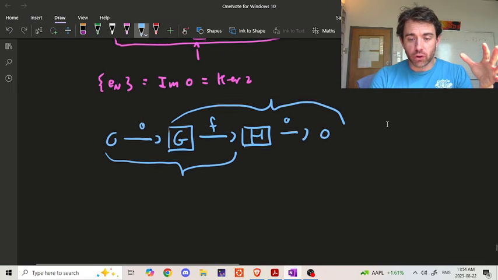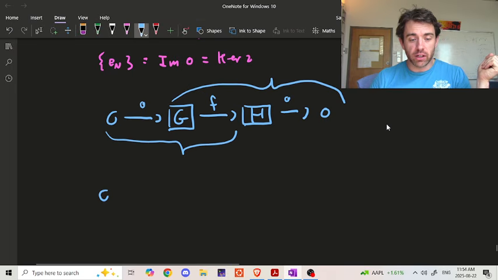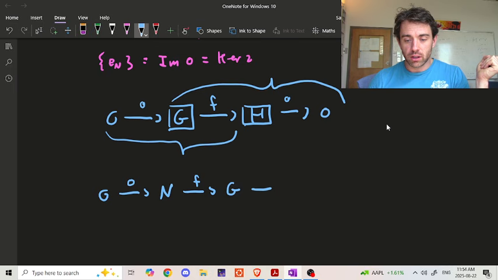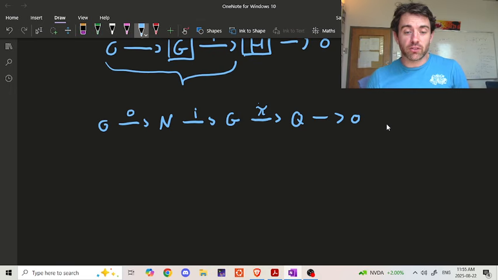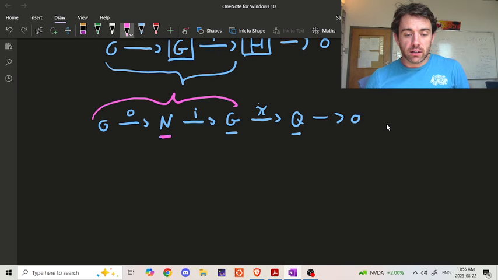I claim that this is equivalent to saying that there is a sequence of maps, so necessarily the zero map here, N, and we'll call this map F, into G, and G, maybe I'll call this map H. Perhaps I should call it I and pi, just to be somewhat consistent with the previous notation. So I and pi into Q. And now I claim that our previous definition is equivalent to saying that this sequence is exact in all three positions, right? So again, as we've already investigated, exactness at N tells us precisely that I is an injective homomorphism,